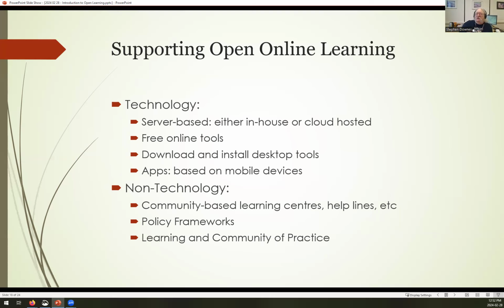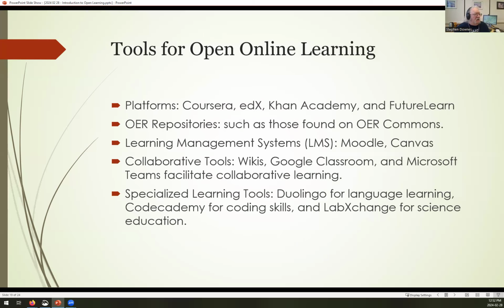And that's why I really love this micro learning kind of program. This is exactly the sort of thing that's really, really needed to support people who are interested in working in things like open online learning or other topics. So what are the tools? Well, there's the platforms, and I won't even get into them. OER repositories. There are repositories around the world. Here's a hack.